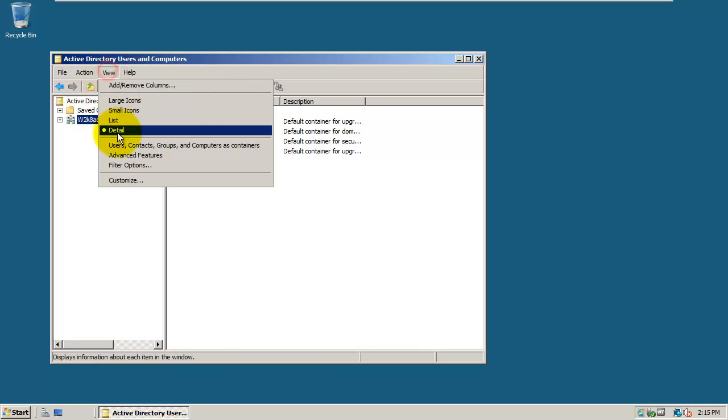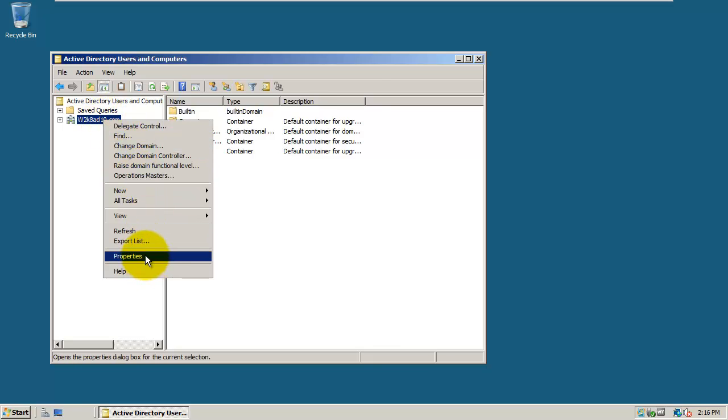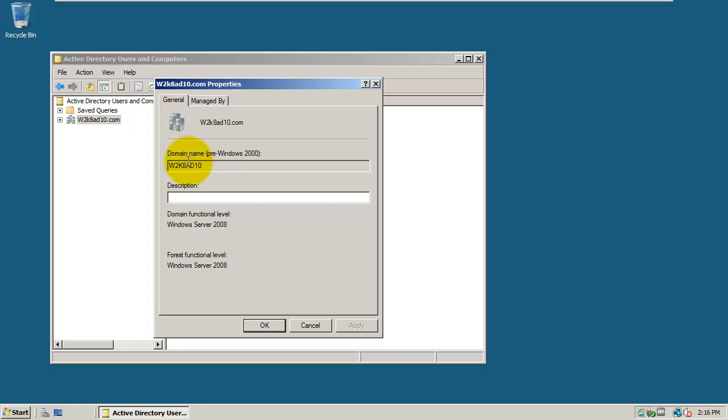And I am under View Details right now, so that's fine. So I can see their names and all these different objects there. Let's see here. If I right-click on the domain object, I can go down to Properties, and you can see the name. The domain name is that domain name, the description, and you can type in a description if you want. And I think it actually has you do this. Yes. Windows Server 2008